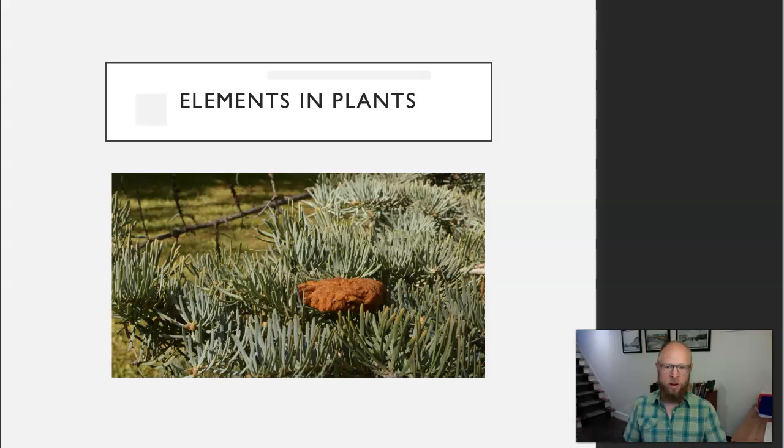One year when we were in the Arboretum for class, we saw a chicken nugget or a chicken tender on one of the fir trees, and we thought that was kind of funny. So I took a picture and I made some joke about it in class. The joke was really bad and I don't even remember it. So the picture's still there, but not important. I think the joke had something to do with chicken tenders not being an element in a plant,